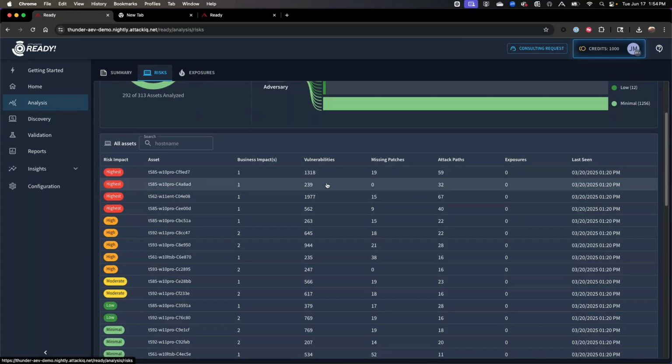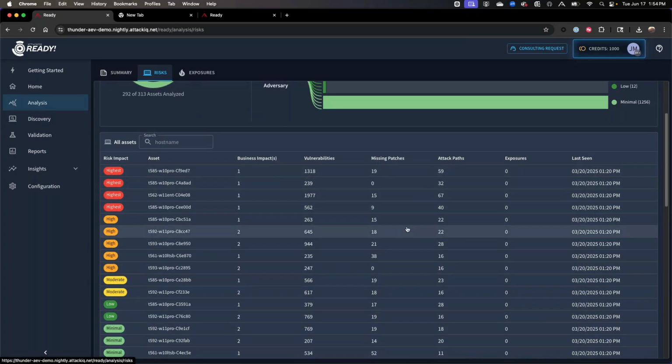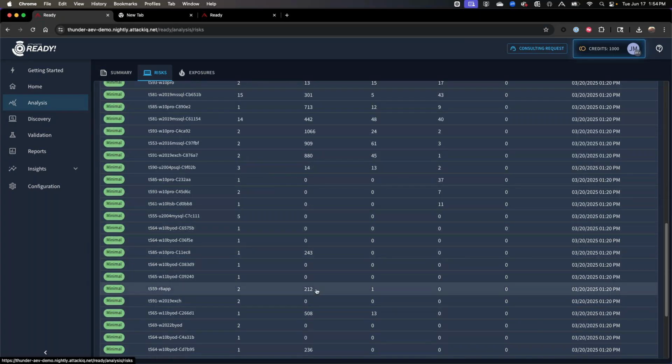But I have, say, for instance, this asset over here. I have 1,300 vulnerabilities on this box. I have 19 missing patches on it, and I have 59 different attack paths on this machine. Whereas if I were to go down to this machine over here, I have 508 vulnerabilities. I have 13 different missing patches, but I have no attack paths. So I have no way of leveraging the things that are here. It's not good that I have these vulnerabilities here, but at the same time, it's not introducing any more risk to my environment because of the fact that they merely